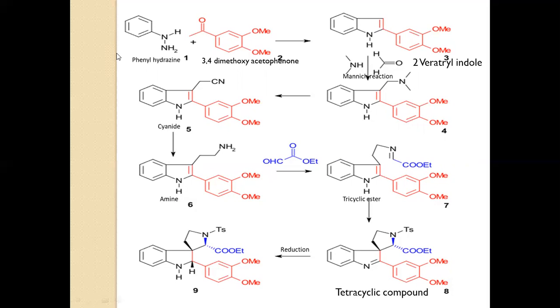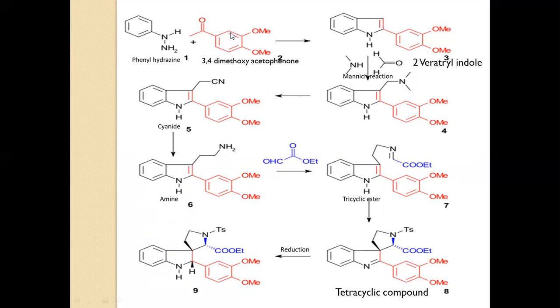That's why we study the structure and synthesize in the laboratory on a large scale. So we are discussing the synthesis of strychnine that takes place in the laboratory. Here we start from phenyl hydrazine. Phenyl means the benzene ring and NH2 is hydrazine. So we start from phenyl hydrazine and the other reactant is